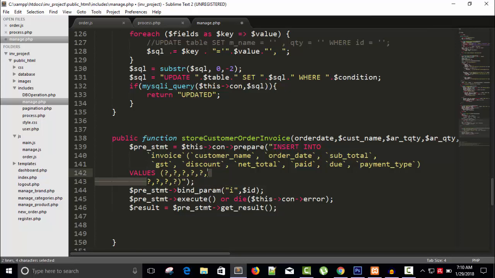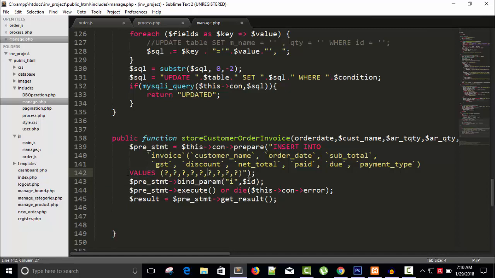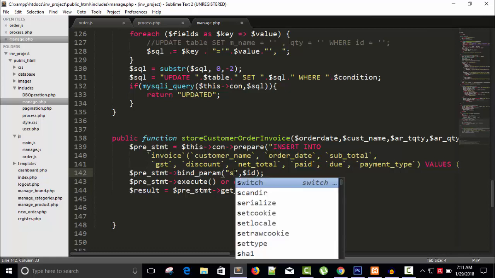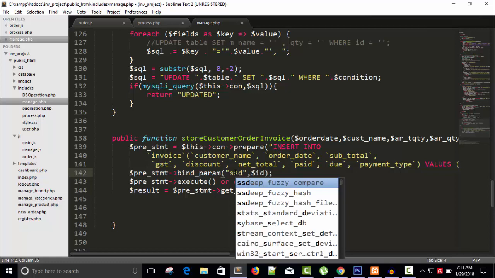Okay, fine. Values. So we have customer name, order date, and subtotal. Okay, I'm going to write here dollar order date, and here integer. So first customer name, just make it a string. Then we have order date, this is also a string. Then we have subtotal, that's not a string, it's double. And then we have